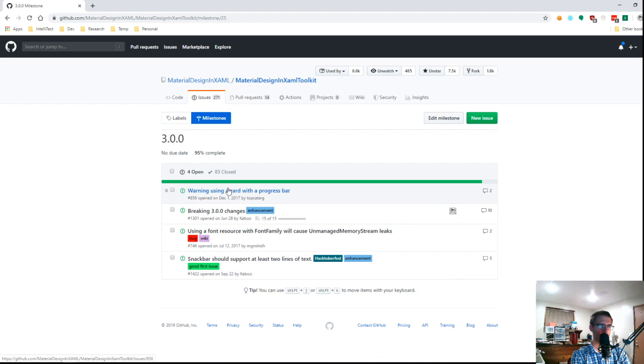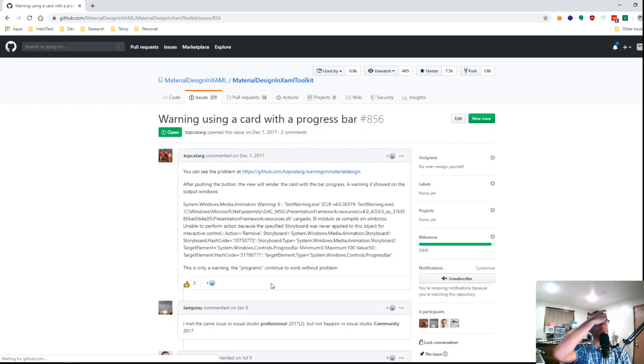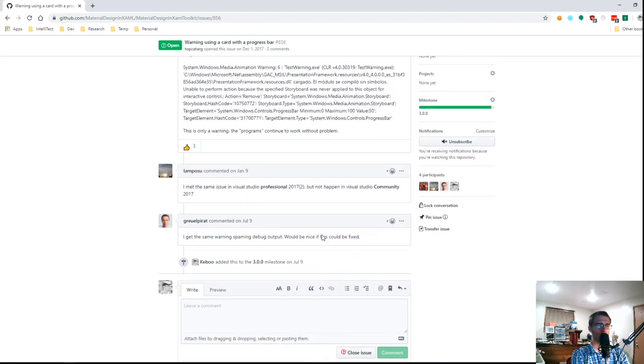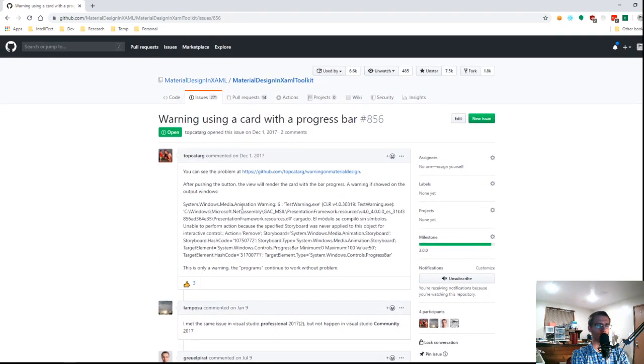But I think trying to get these warnings, like with the progress bar. There is a really great new add-on that got released in the last week or two for Visual Studio to show the XAML binding errors in their own dedicated window. So for this one, I'm just going to get the extension installed, and we're going to walk through the library and the demo app and find all these warnings and try to knock as many of these out as we can, because there's not really a good reason to have these in.